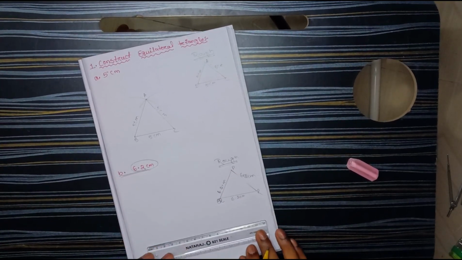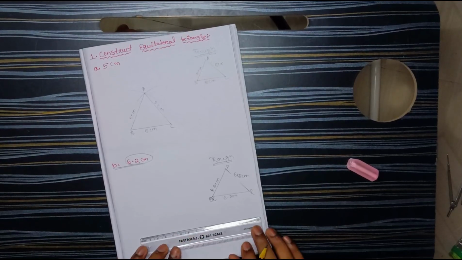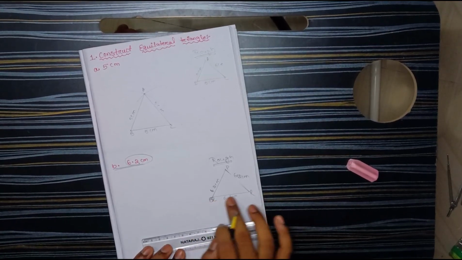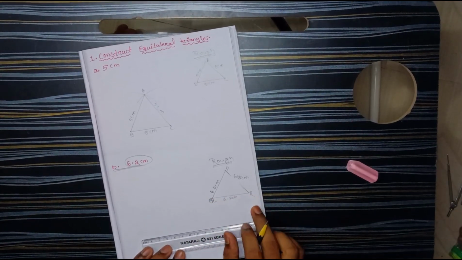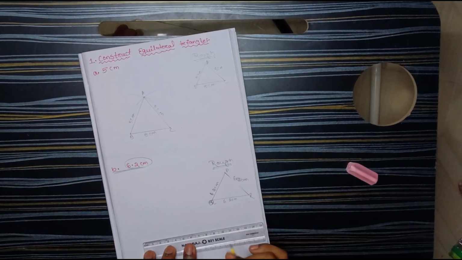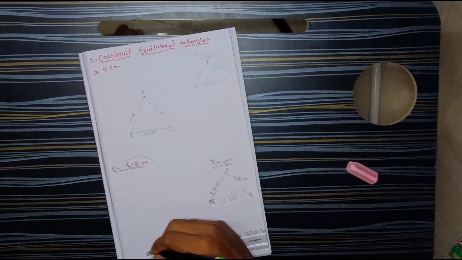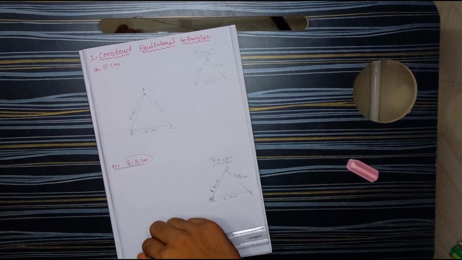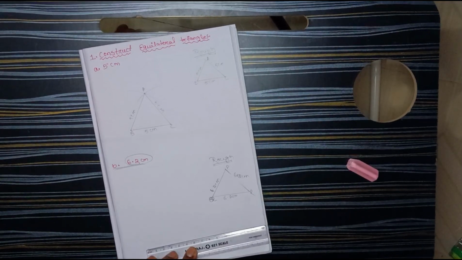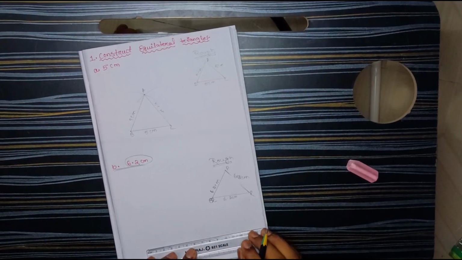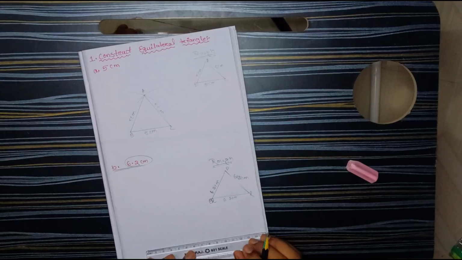Then what you have to do? Then you have to do the fair one. So how you have to do? First you have to take the base one. Base one is 6.2 centimeter. So for 6.2 you have to put the mark on the 0 first. In that 0 you have to put the mark. Your scale should be straight.